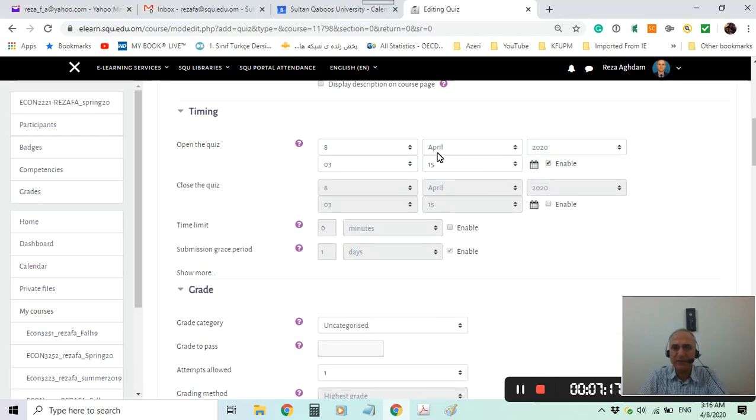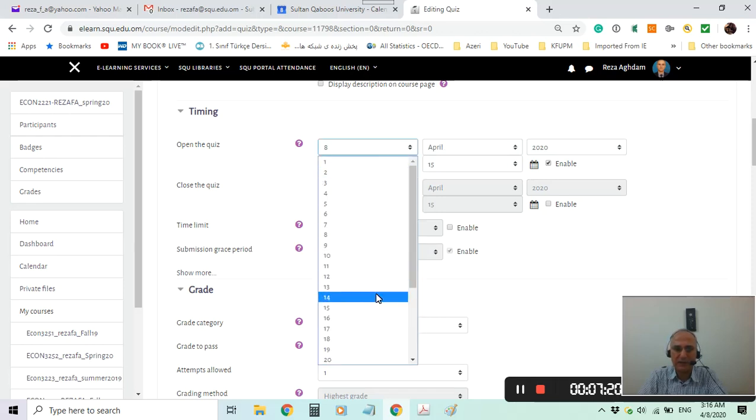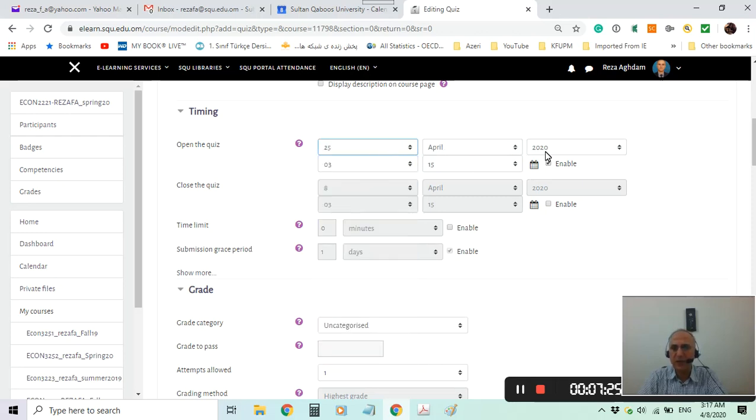And then let's say we will give a date. So the date, I pick any time, maybe 25th of April 2020. And here it depends on our policy. I think in our earlier session we agreed that let's open it for a longer period and give it a time limit for doing it. Okay, so I will allow it for the entire 25th of April, from the 0 time